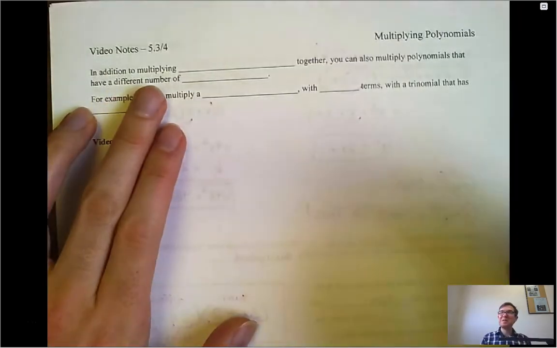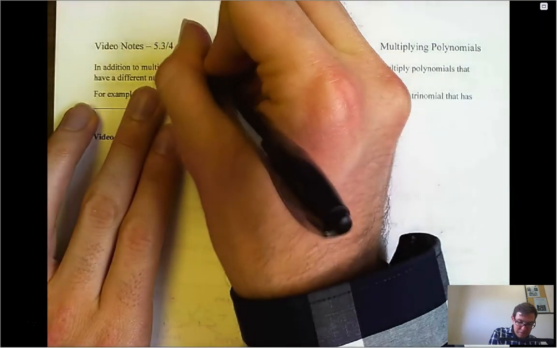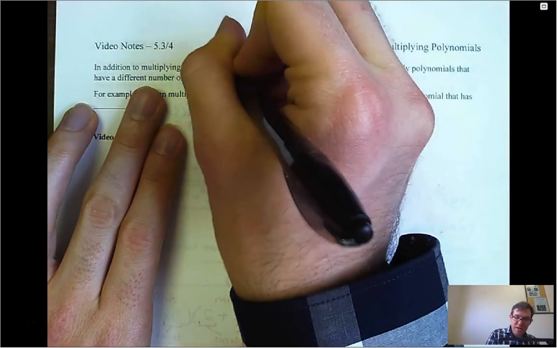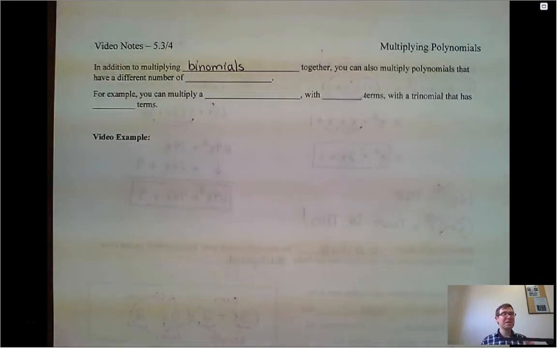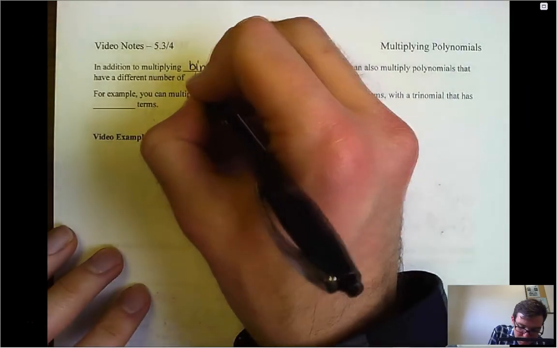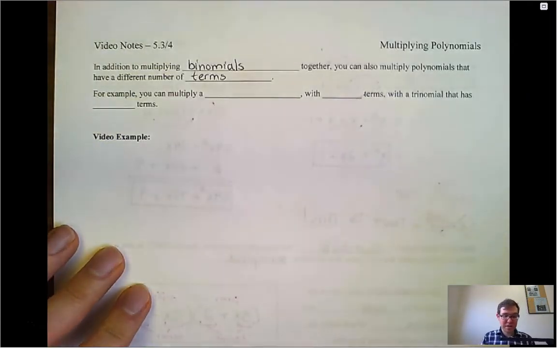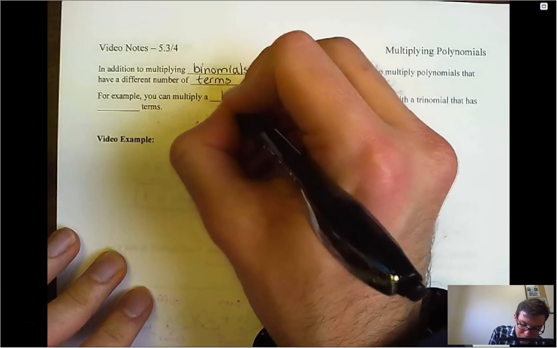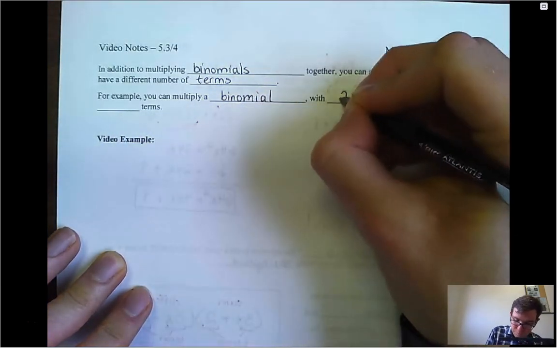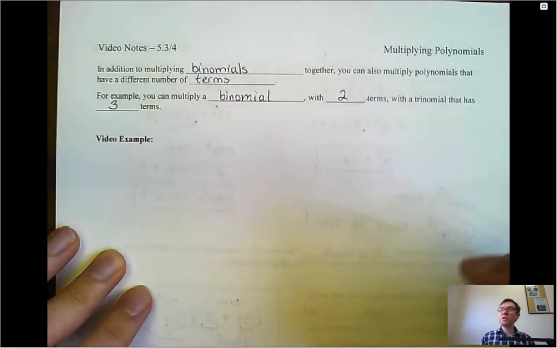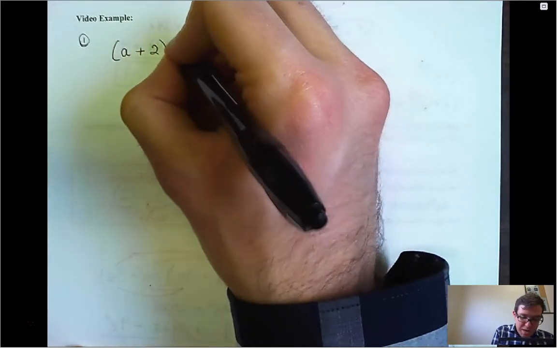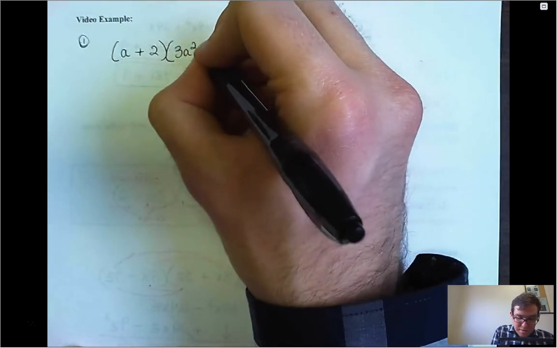All right. So we've spent a lot of time talking about multiplying binomials together. Like I said, polynomials that have different numbers of terms. It doesn't always have to be binomial times binomial. So we can multiply when they have a different number of terms. For example, I can multiply a binomial with 2 terms with a trinomial that has 3 terms. All right, so we're just going to do an example of this. So number 1, we'll just call it number 1. Let's do a plus 2 times 3a squared minus a